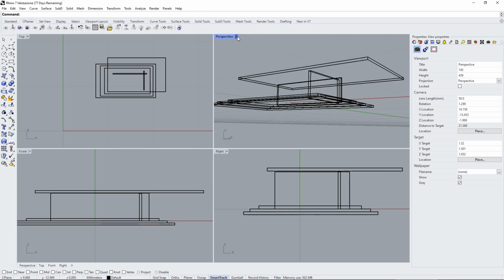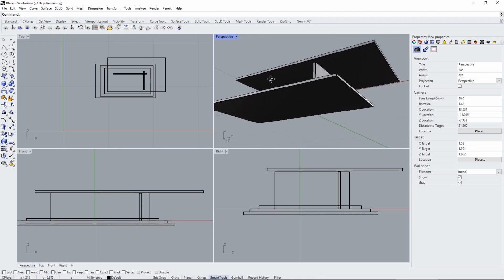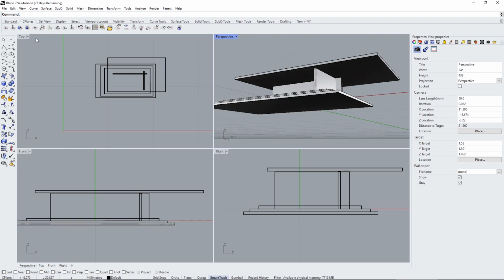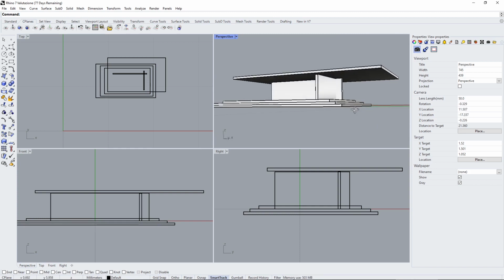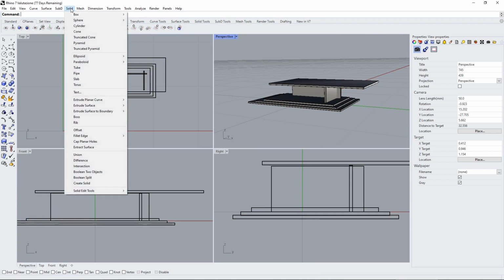Now let's change here from perspective to shaded so we can see this a little bit better. There you go. So one useful command is this one here, set C-plane to object. So I will select and place my C-plane on that object. You can see that it has moved. So if I create another box here,